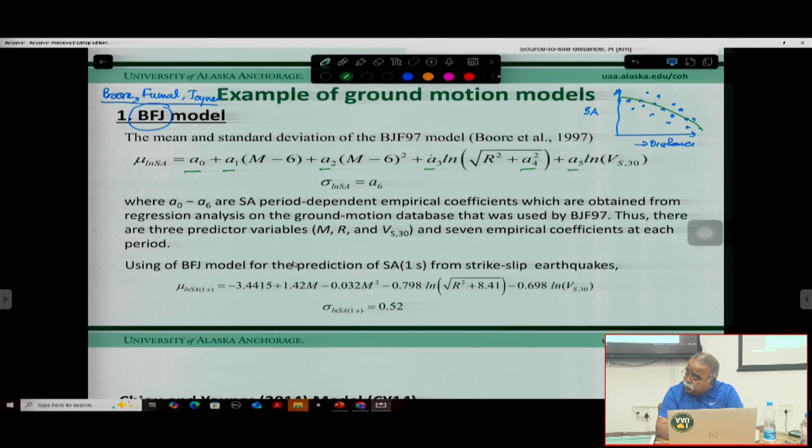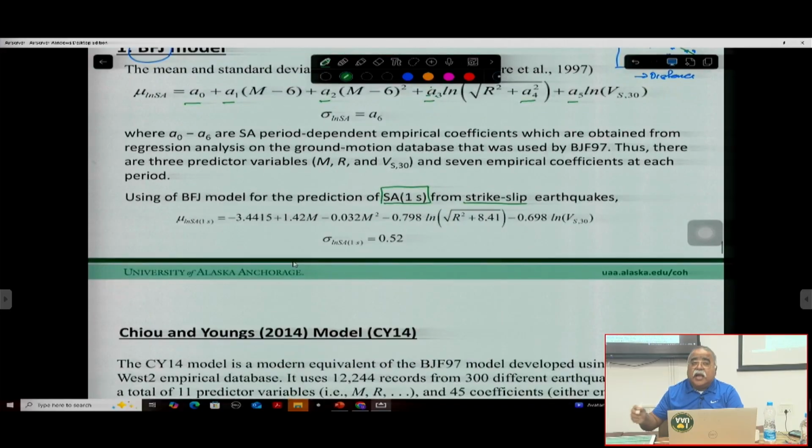So for a strike slip fault, and for T equal to 1 second, let's say at 1 second spectral acceleration, by substituting this A1, A2, and A3 from the table, we can get that mu, that means the mean value of the ln